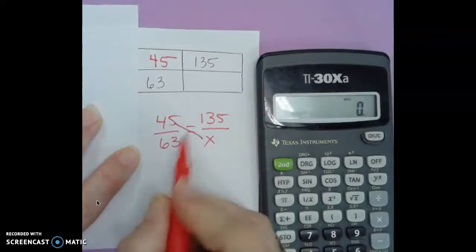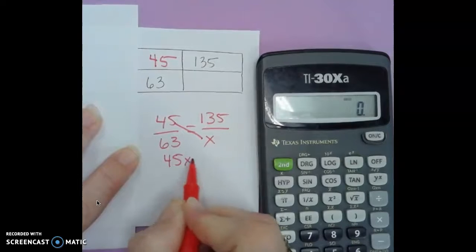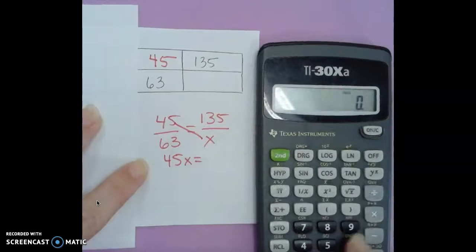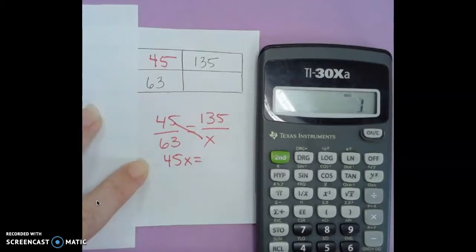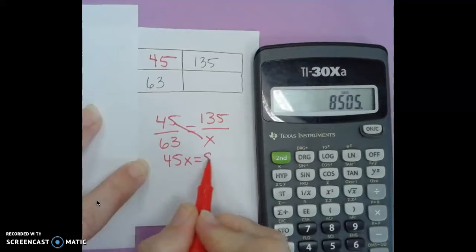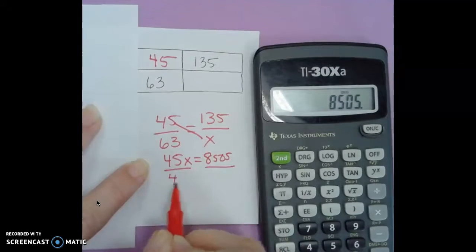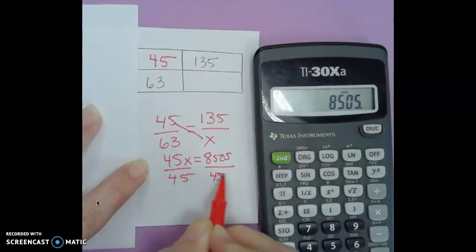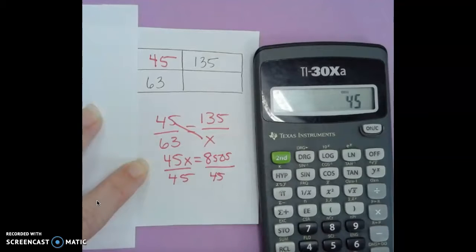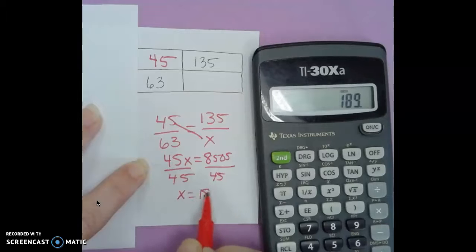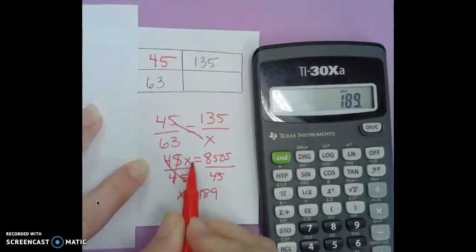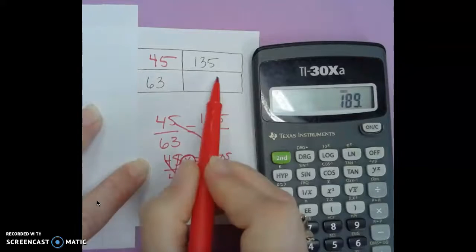So I get 45X equals, if I punch that in, 63 times 135, and I get a big number, 8,505, and I'm going to divide both sides by 45. And I get X is going to be 189. Because remember, 45 divided by 45 just leaves me with that X. So this is going to be